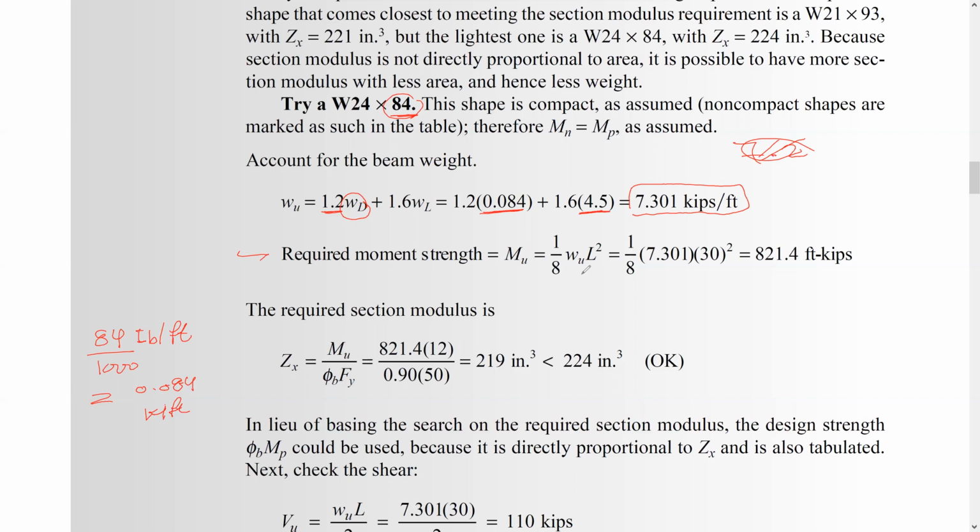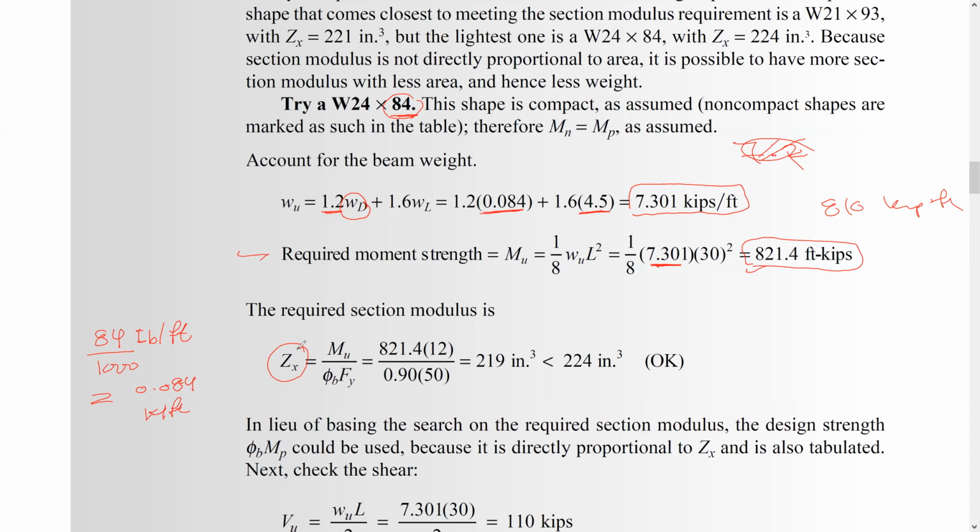So the maximum moment is the same formula here, wL squared over 8, but w is different here, so we need something to carry this much or more. Before, it was based on this one here, 810 kips-foot, so this one should be here. So let's check the required